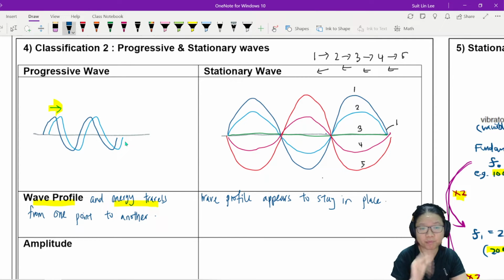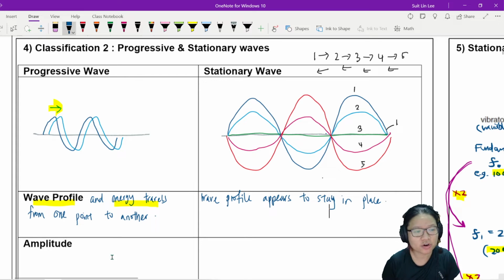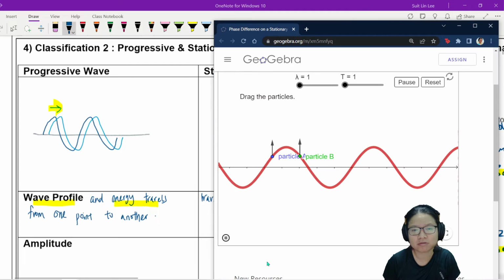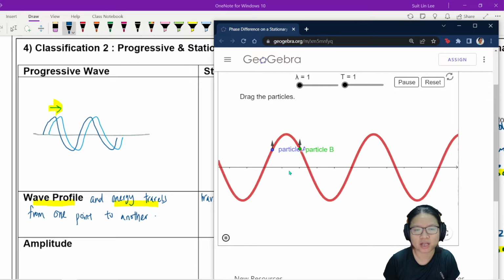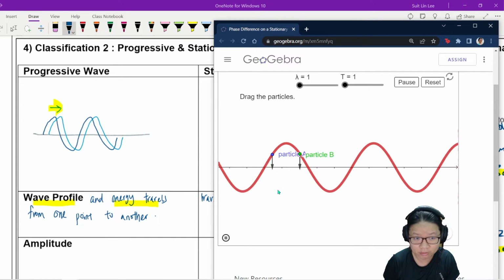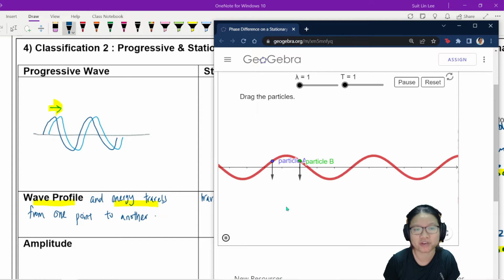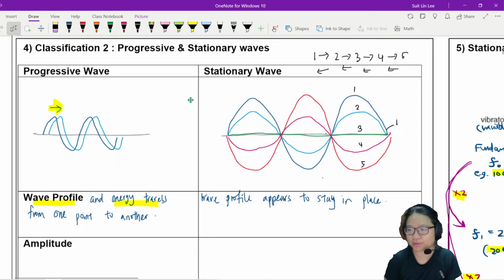If the wave profile appears to not move, just stuck at the same position, your energy is also stuck. The energy is here, just like, we can't go. There's no traveling in energy. The energy is trapped, like the particles are only moving up and down. The energy is not being moved. Okay, so we'll say wave profile appears to stay in place and energy is trapped between nodes,